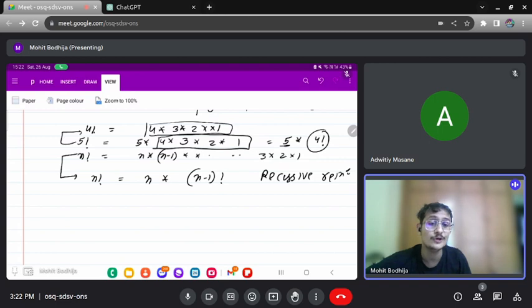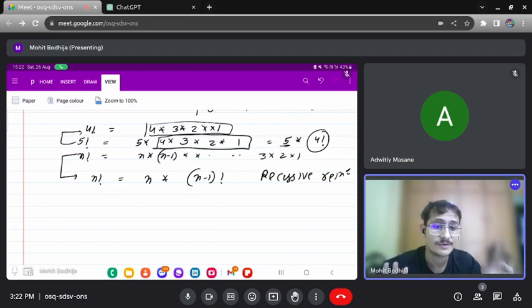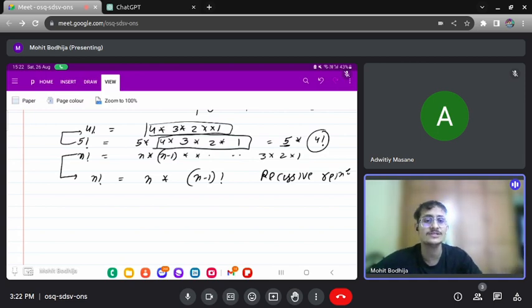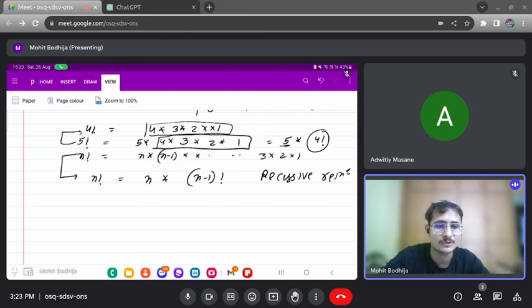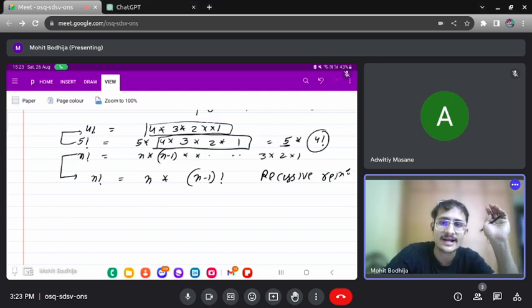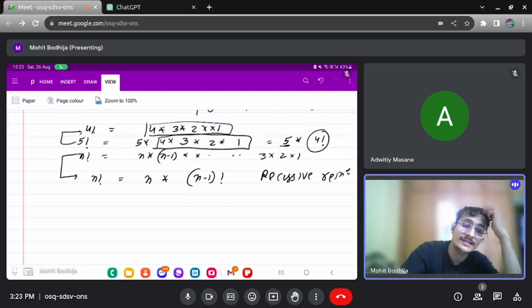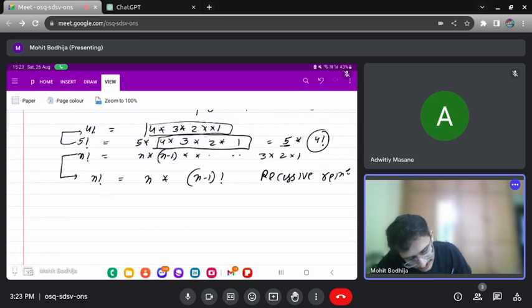Now what I told you, if you want to find the base condition, then either try to put the value as 0 or try to put the value as 1. There are high possibilities that you can get the base condition there. Why? Because a recursive solution changes its nature when the values are changing from positive to negative or values are equal to 0. So there are high chances that at that point there may be some base condition.